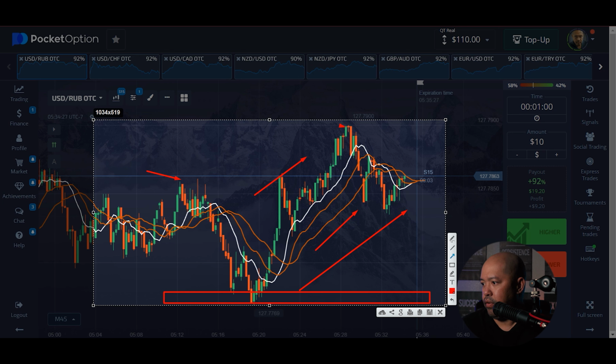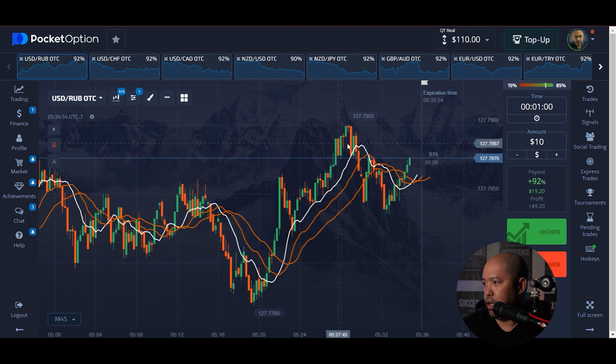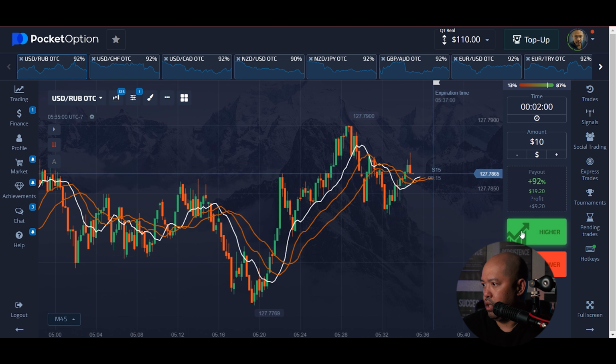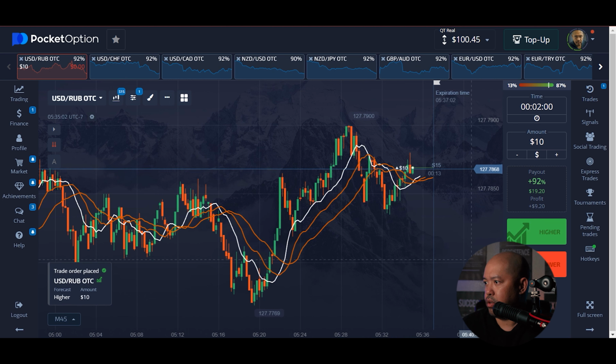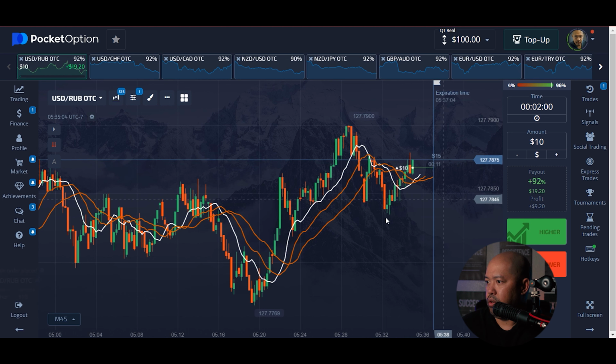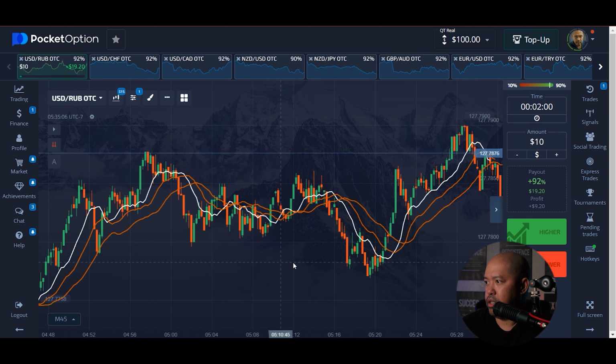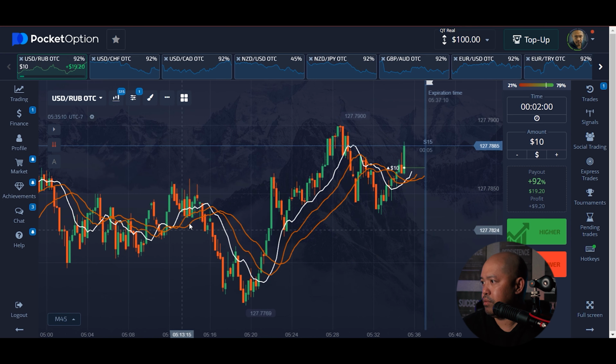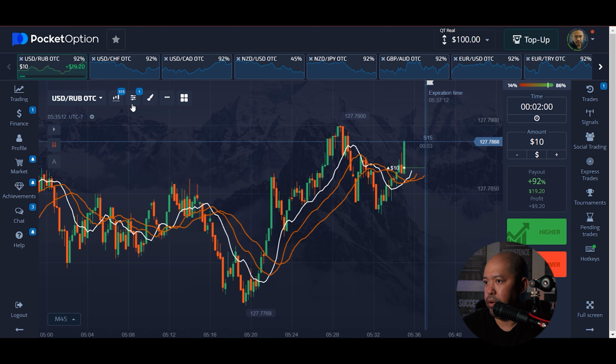So I'm confident this is going to go up, and it is going to touch the resistance area, but it has a ways to go. So let it drop a little bit and then go up. So 2 minutes, it's going to touch the resistance area, possibly even break it. So you got your resistance area right here,